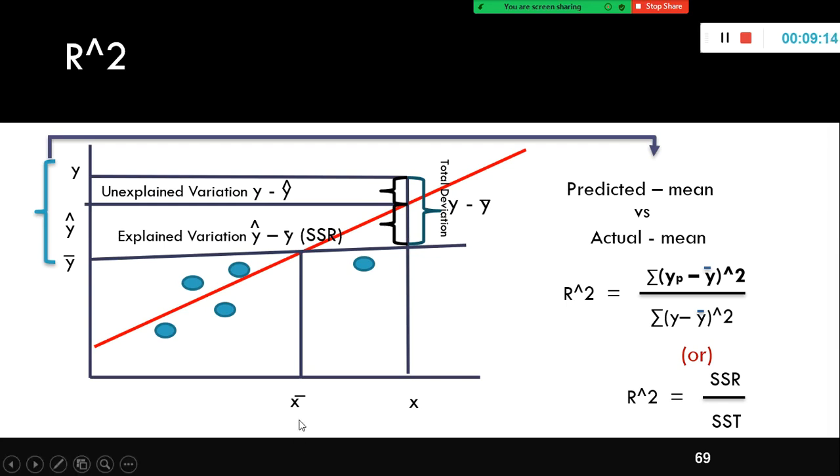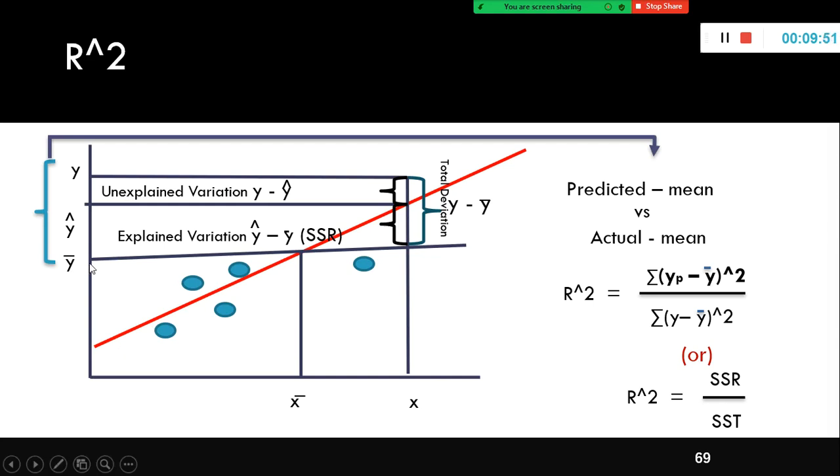In other words, we can say it this way also. The mean value of x and the mean value of y, the regression line originates at the intersection of both the mean value of x and y. This is very important. This best fit line crosses or emanates via this intersection. Where it intersects, this is where it emanates. This is my regression line, or best fit line, or prediction line, whatever you call it.